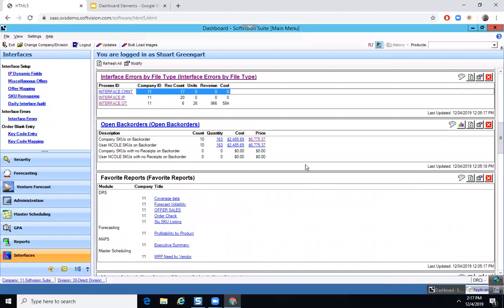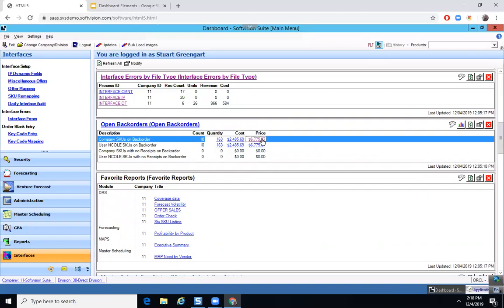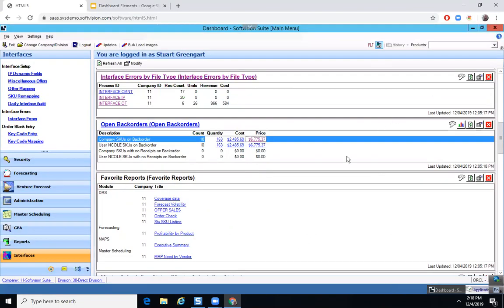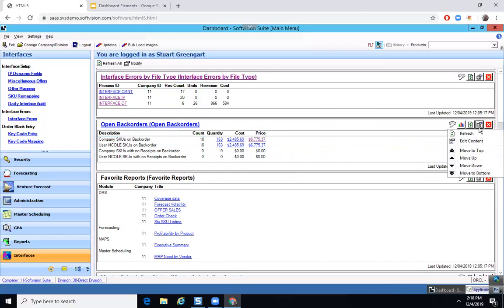The open back orders will show you back orders for the company, and it could be for a specific user if you wanted it. And that's where you would go in to edit the content. If you click on any of these, it opens up a Crystal report that doesn't really give you that much information. It'll give you information here like next PO and receipt date. It'll give you price on this one, but it doesn't give you that much information. Instead, you're able to click to a DRS report. And the way you do that is you go into the edit content,